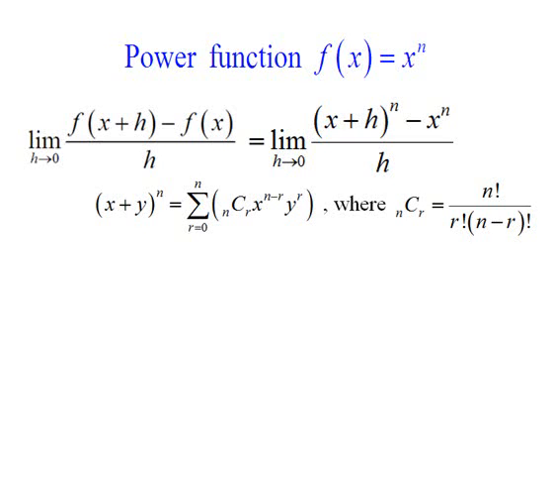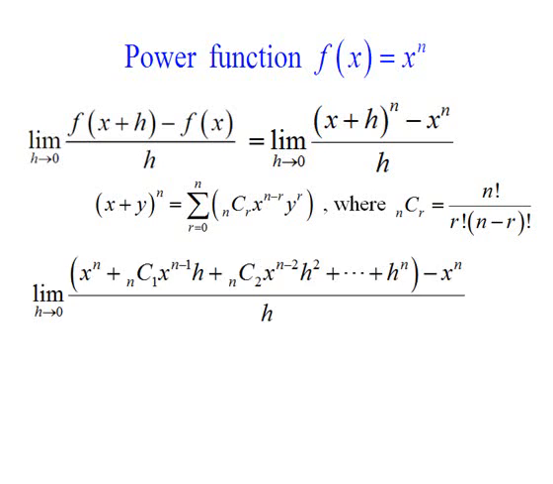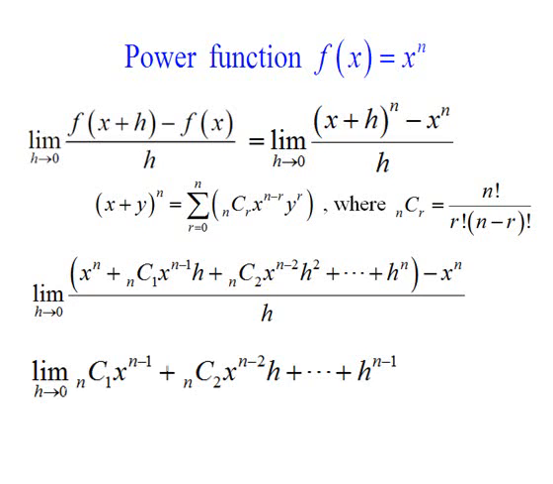If we apply that to (x+h)^n, we get x to the n plus n choose 1 times x to the n minus 1 h plus n choose 2 times x to the n minus 2 h squared, and so on, up to h to the n. After canceling the x to the n's and then dividing by h, we'll end up with this. Substituting 0 for h,